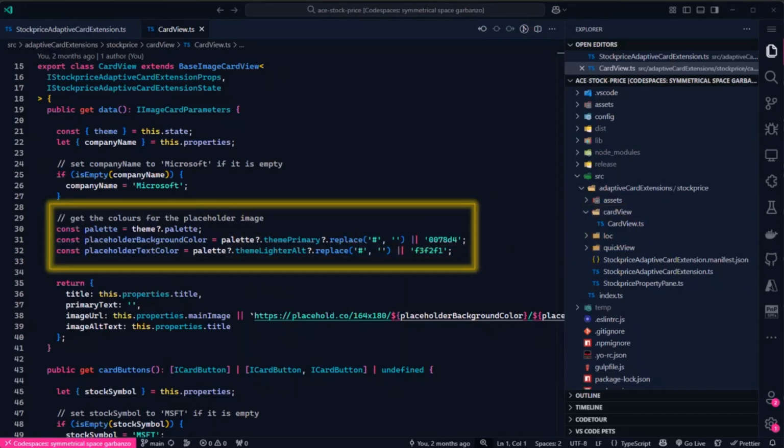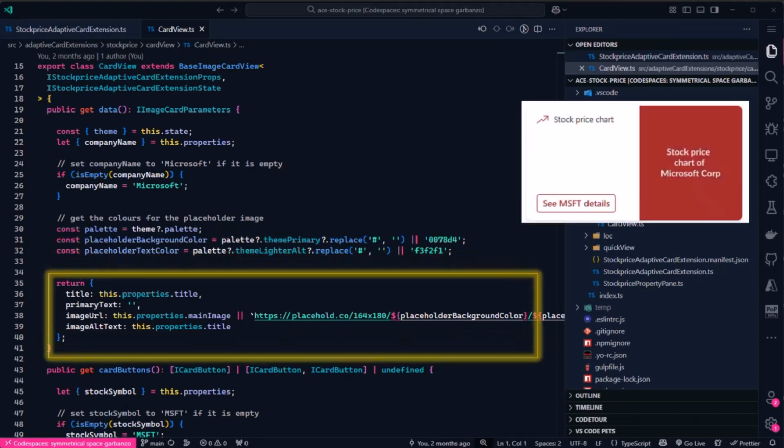What we have here is we go ahead and get the properties from the theme. So we get the primary color and the other color properties. The reason we do that is we use them in order to display the card view itself. As you can see over here, we are showing the title of the card. That's one of the properties, and that gets shown over here. And then we've got an image URL, which we'll see in a minute. We can either set that to a custom image URL, or in this case, I'm just using a site called placehold.co, with which we can have a colored image and then our custom text,